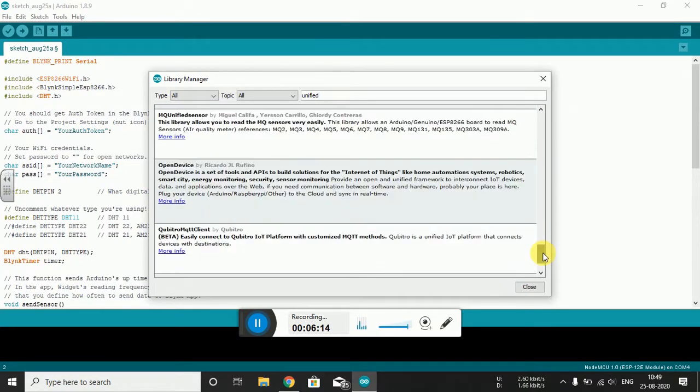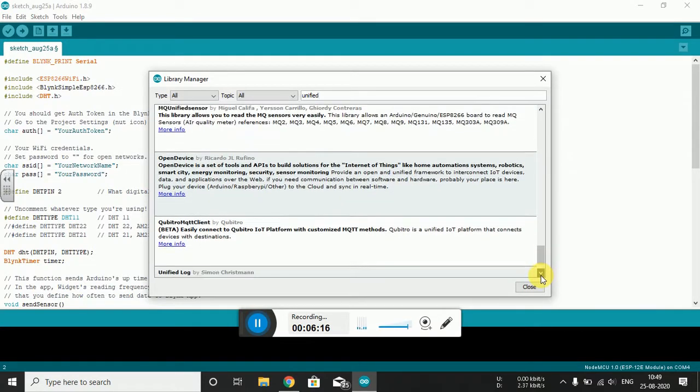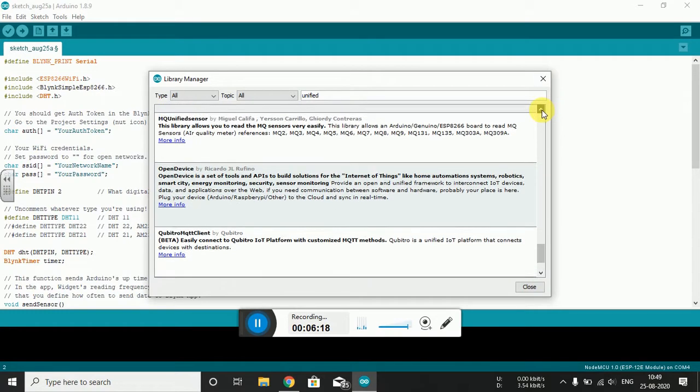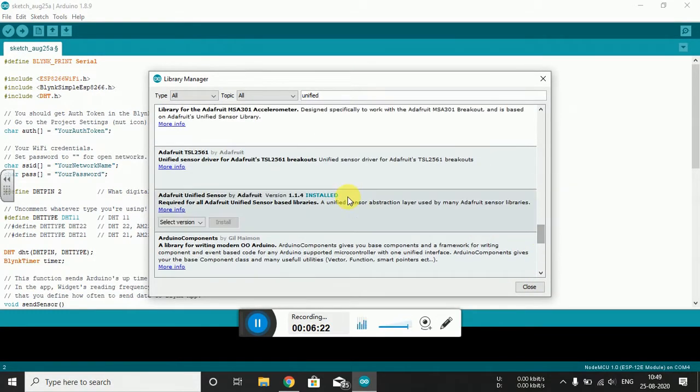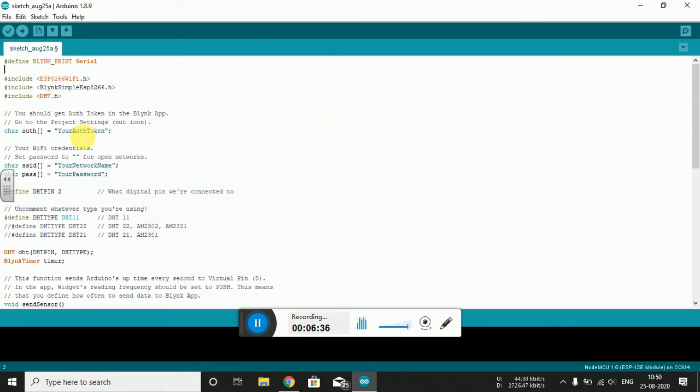So let me show you. Yes, this is the library I am talking about. This is the Adafruit Unified Sensor library, which is required for this DHT11. Okay, so once you install the associated libraries, what are we interested in?